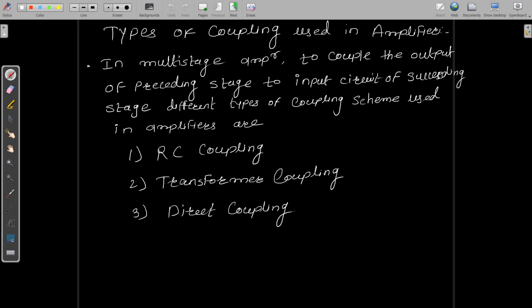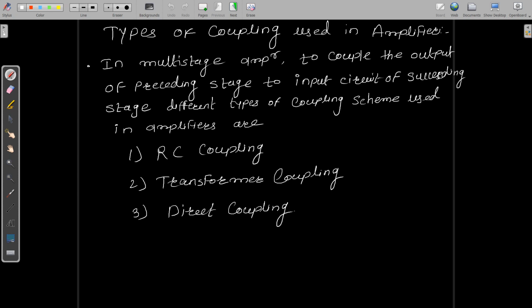To have the cascading of amplifiers, the output of one device, the output of the first circuit, has to get applied to the input of the second stage, and then again the second stage output will act as an input for the third stage and so on. Put together, a transistor circuit in which more than two transistors along with their associated circuitry are used is called a multi-stage amplifier.